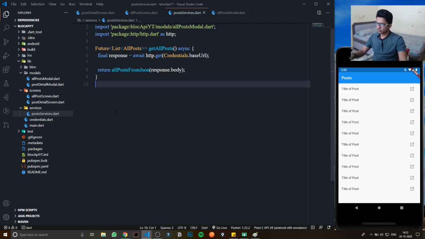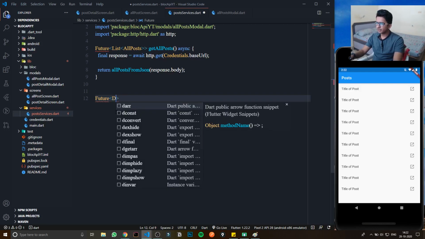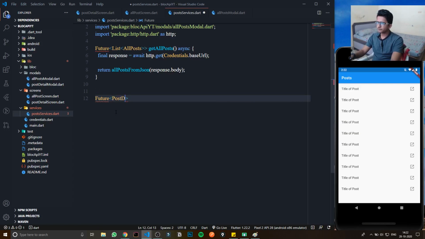And we can do the same stuff with our detail post. Okay, so I will do it like this. It was postDetail, right? Post detail, and I can say here getPostDetails asynchronously, and here I can just import.